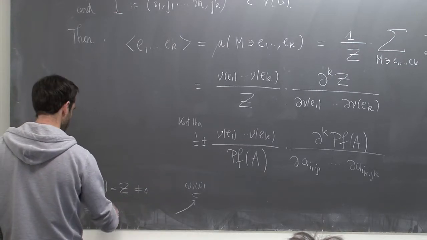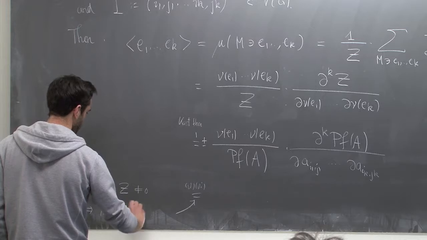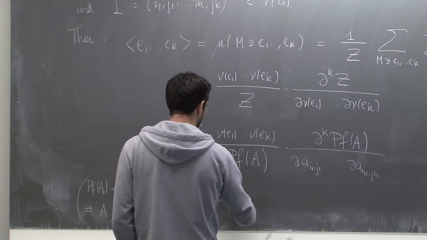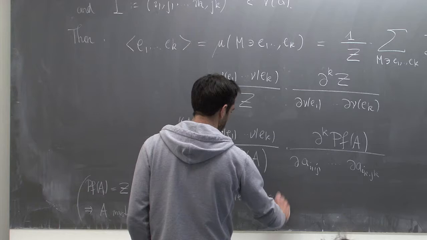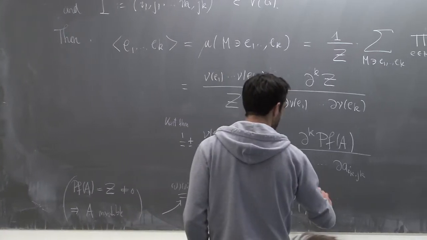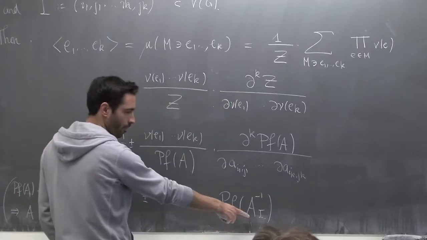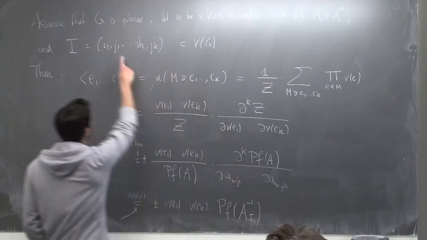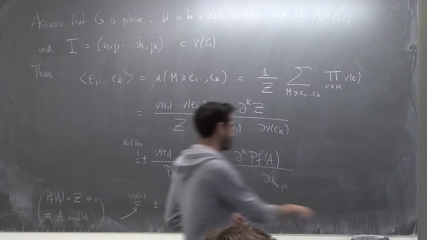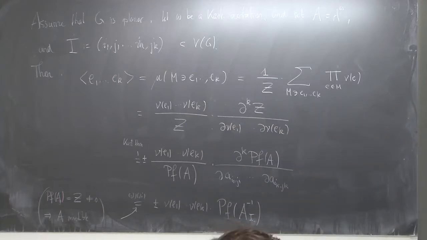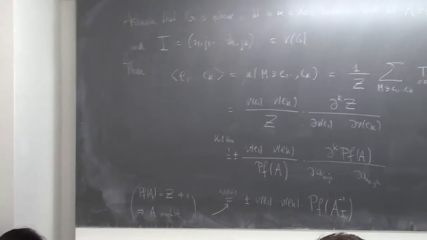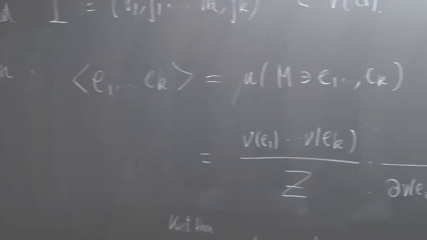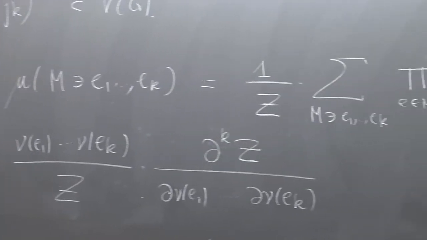And what do we get? I get, again, a sign times the Pfaffian of A inverse I, where you remember, this means you take the inverse matrix and you just focus on the lines and columns that are in this set here. So we proved